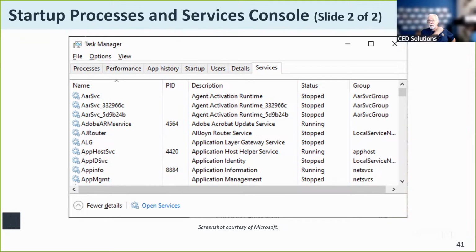And I go into the task manager at the startup tab, or in the services tab in this case, and look at all of the services that are running. I can also tie back some of these to the startup tab over here, because it shows me that it's restarted every time you boot the machine up.